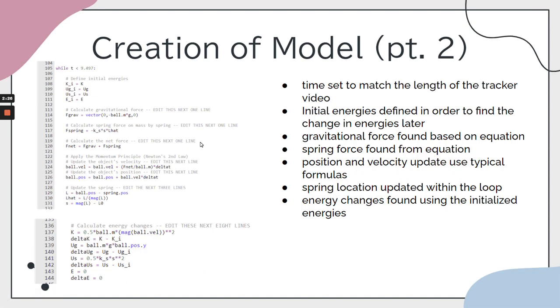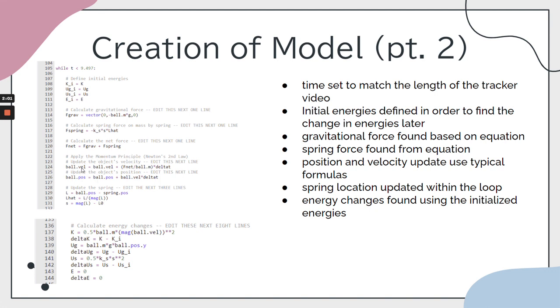using the equations that we talked about earlier. In the second part of the model, the calculation loop, up here I set T to be less than the total amount of time for the tracker video. The initial energies are defined here in order to calculate change in energies later. Here we calculate the gravitational force, which is negative mg, and then the spring force here is negative Ks times S times L hat. The net force would be the combination of those two, and then down here we use